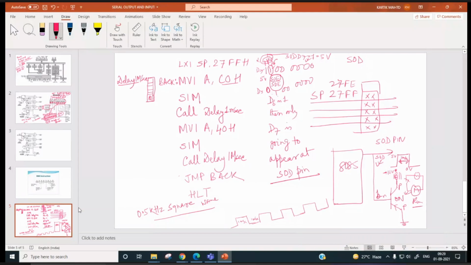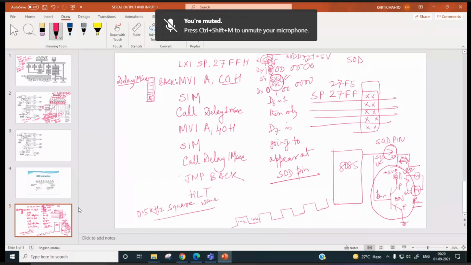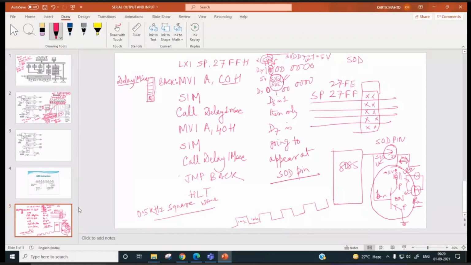Yes, sir, why we must have this serial output enable. So if you do not want to output something at the SOD pin, at that time the D6 bit we can keep 0. So it will be tri-stated and it will be at high impedance state. So whatever circuitry is connected to the SOD pin is not going to be affected, because this SOD pin will be connected to a peripheral device.